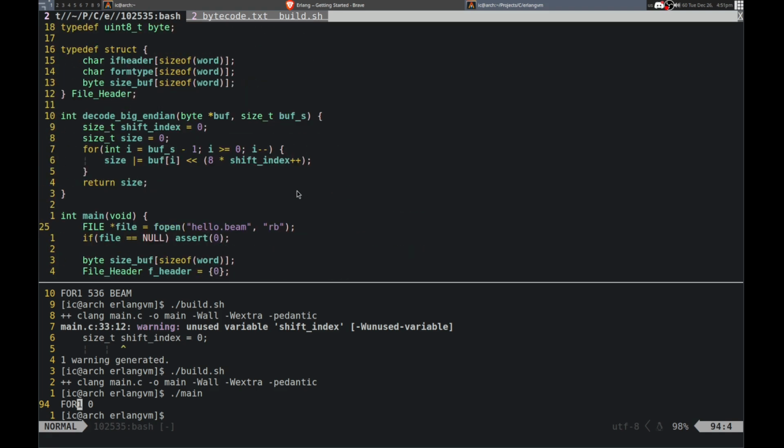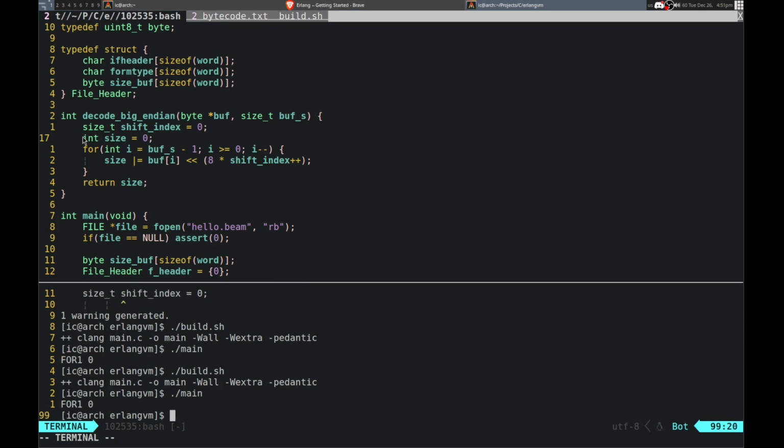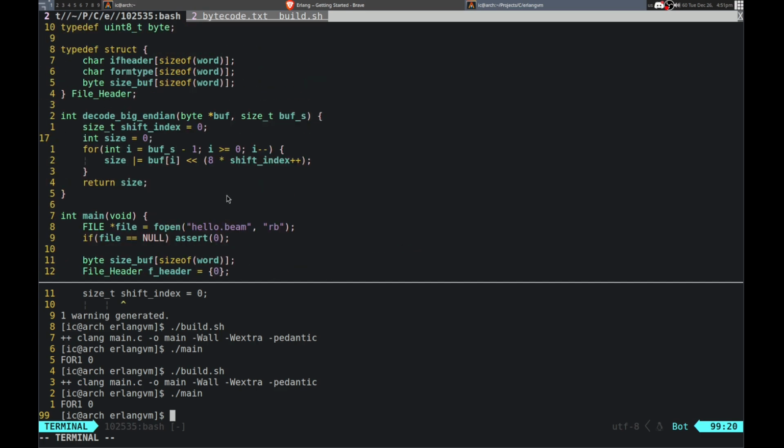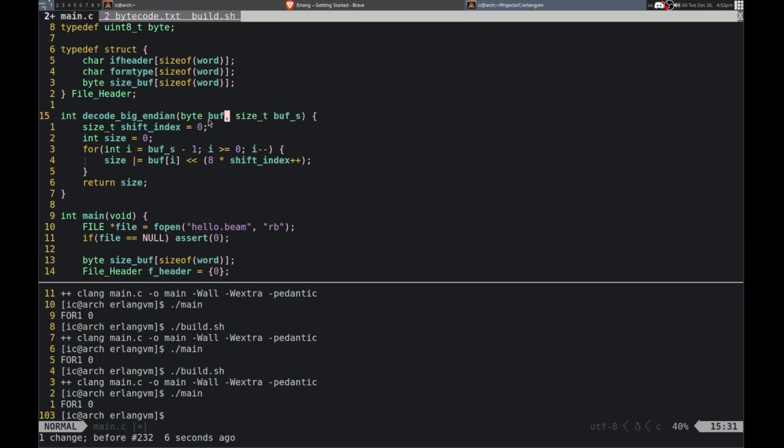Size. That's not the issue. I don't think that's the issue either. No. So somehow I messed something up.